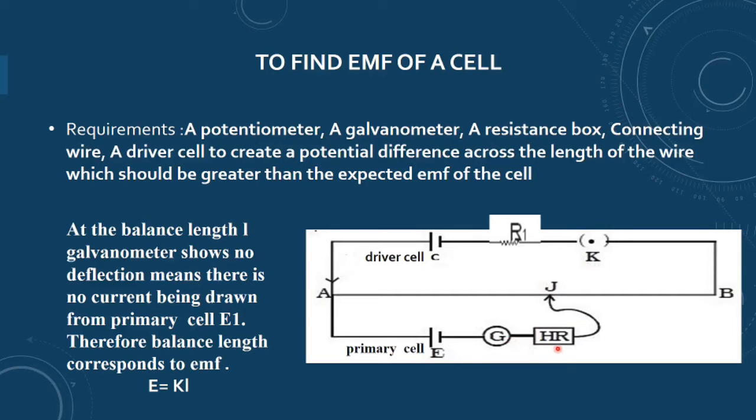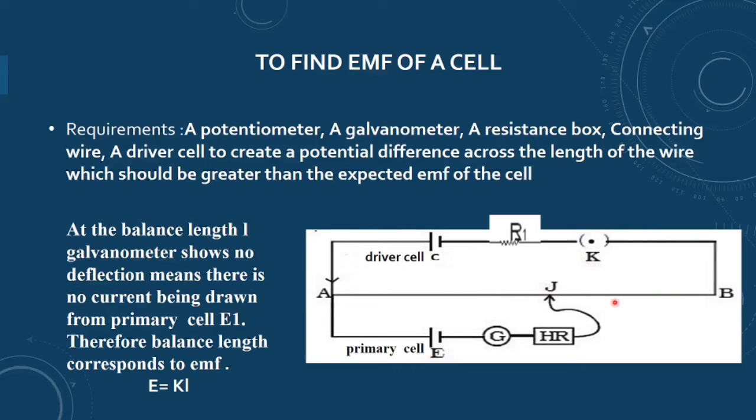And from this high resistance box, always we take out some key. Taking out some key means I am introducing that much resistance in the circuit, maybe 200 ohm, maybe 2000 ohm, depending upon. I have to take, that is one precaution we take while doing the experiment. Of course, this resistance box I can connect before the galvanometer or after the galvanometer. That is not going to make any change. And then this is connected to the jockey, and jockey has to be moved over the wire.